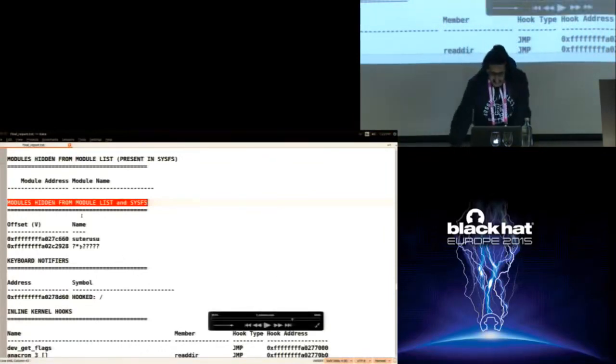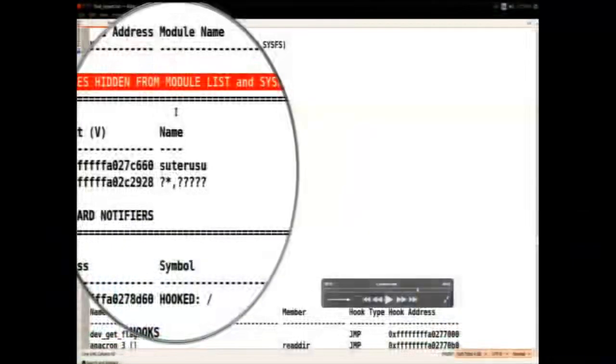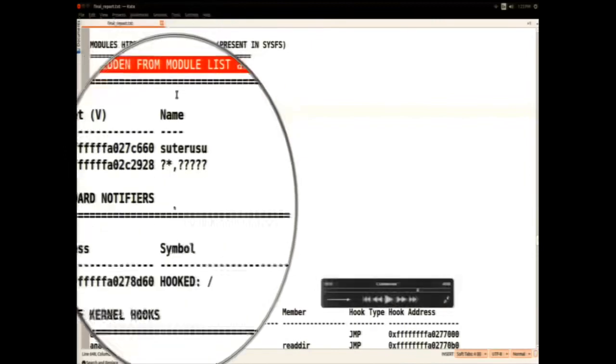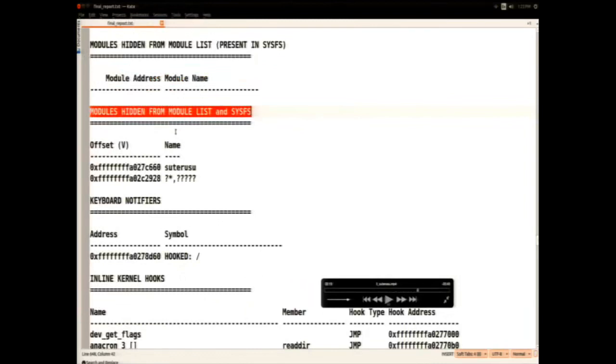In this case, it uses carving basically. So you see that after carving, it found a driver which is not present in the module list and the sysfs list. Which means this kernel module is hidden from the module list, and it also is hidden from the sysfs file system. But Volatility was able to determine this using the carving technique.